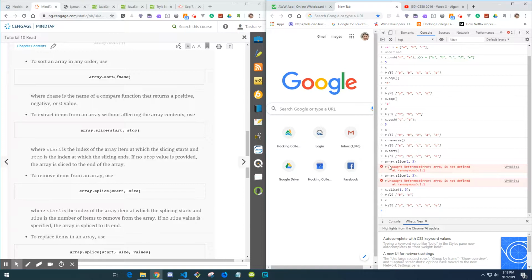So the error I made, I typed out the word array instead of my array name, which was X. So once I did it correctly, X.slice, all it does is slice out the pieces of the pie that I'm wanting, so to speak. I want an index value of 1, and that is B, because this is 0, and an index value of 3, which is 0, 1, 2, 3,